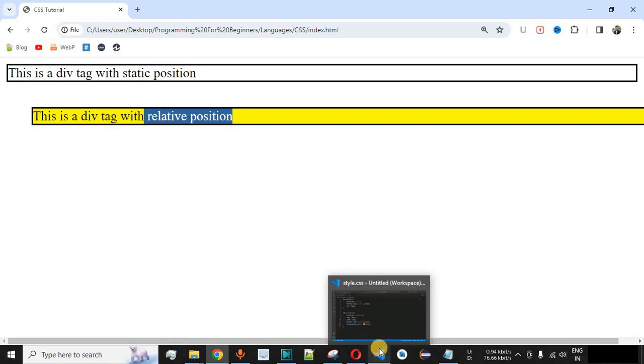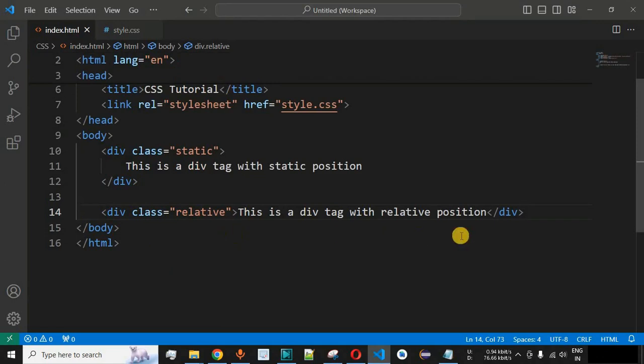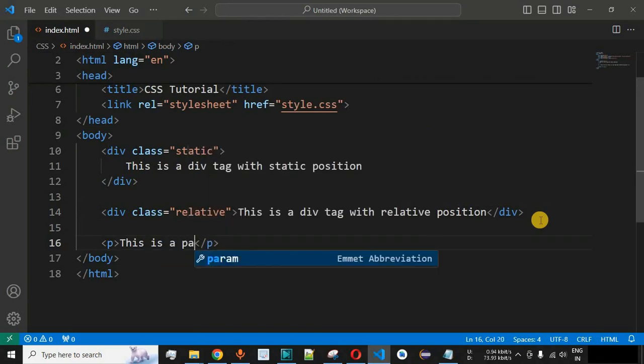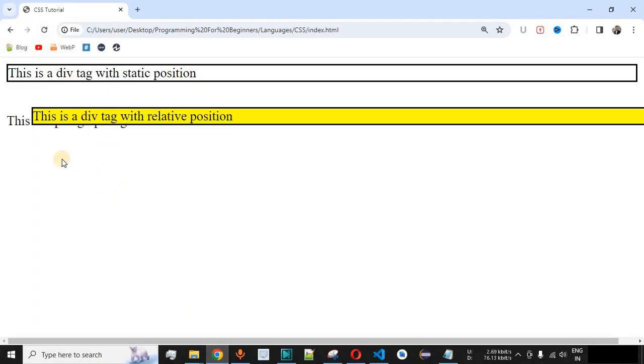So let us provide another element in this case in the HTML page. So let's say we have a p tag over here. So simply we are going to have the p tag with the statement that is this is a paragraph tag. So over here we have the very simple statement. So let me just save this file now and try reloading this page once again on the browser. So as you can see, we have the statement that is this is the paragraph tag which is behind this particular div tag over here. Why so? Because this particular div tag was supposed to be over here at its normal position, but it has changed the position and now it is overlapping with the paragraph tag which is at its normal position right now.